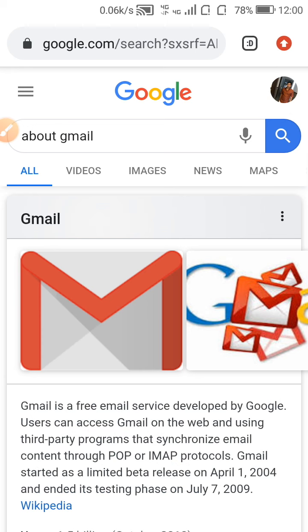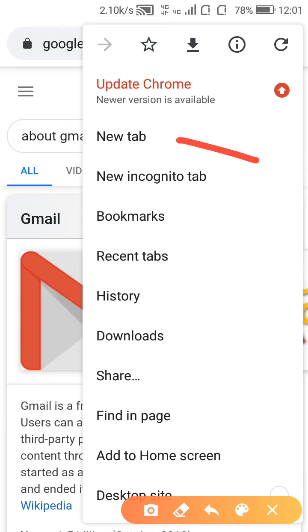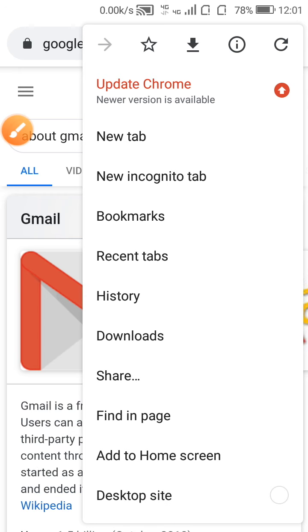And then you have to click this arrow mark. This arrow mark means it will go to Google Chrome settings, and then you will see new tab. New tab means you will open another page in a new tab.